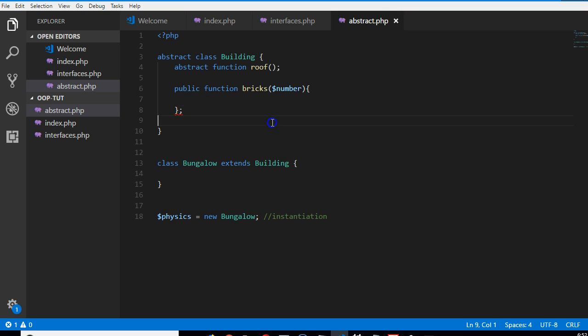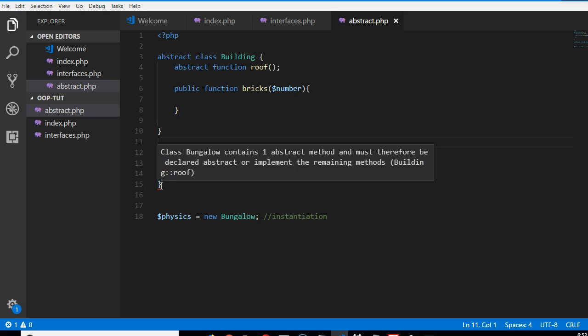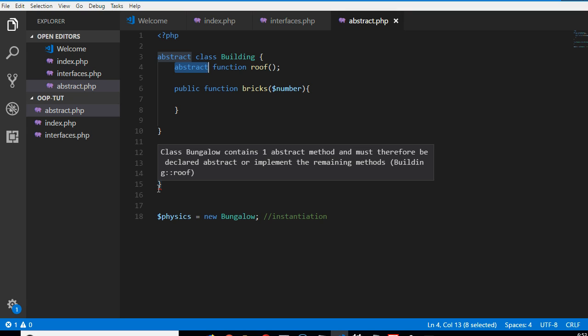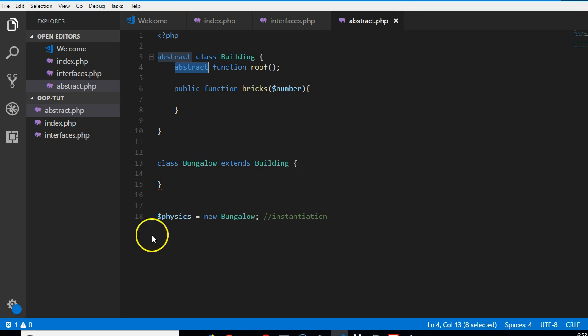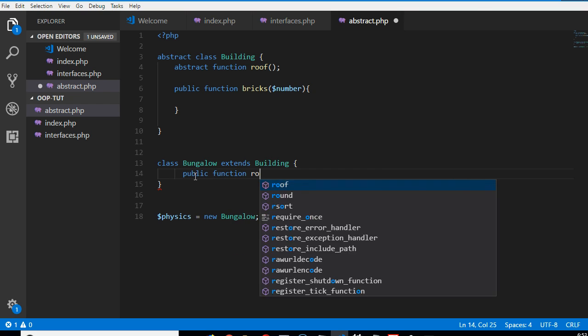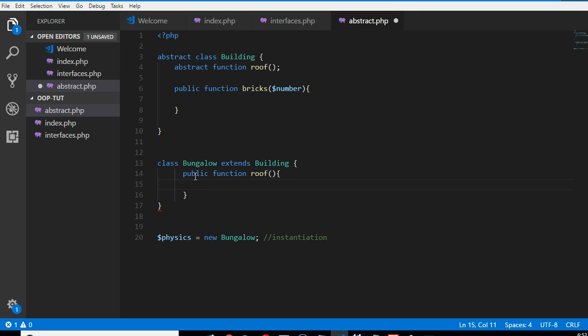So this is what you have to note about abstract classes. When you have abstract in front of it, then you don't need a body. It's just a way to say that any class inheriting this class must implement this function, and of course optionally implement this. Alright, so as you can see, immediately we have abstract here, this one is already throwing an error, and look at what the error says. It says class bungalow contains one abstract method and must therefore be declared abstract or implement the remaining methods. You understand? So that is where we now have to do a public function roof, and we're good. So you see, it works now. The error is gone. Because we have implemented this, and this is optional,